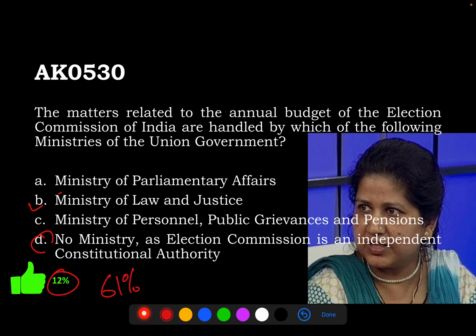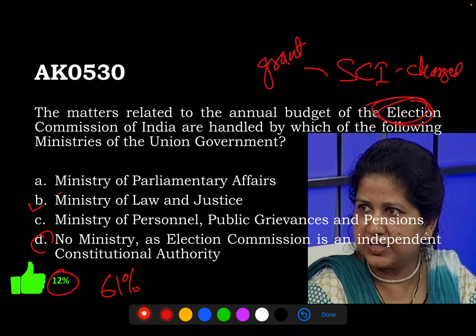For example, it is not only the Election Commission of India, even the Supreme Court of India, which we all know is charged expenditure, all the expenses of the Supreme Court judges, right? Their salary, office expenditure, pension, everything is charged. But even that charged expenditure forms part of the budget. There will be a corresponding grant for that. That grant and also the grant for the Election Commission, they are both handled by the Ministry of Law and Justice itself.